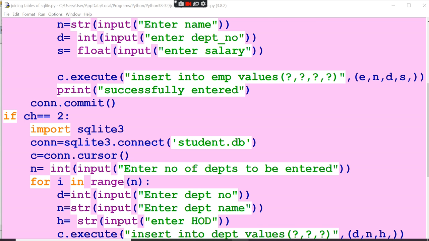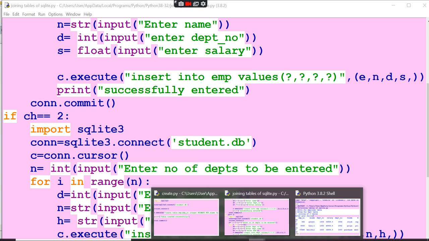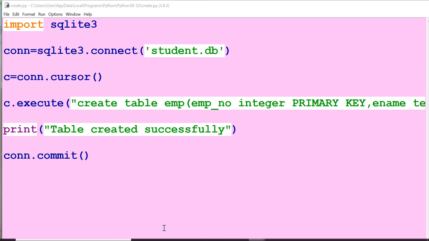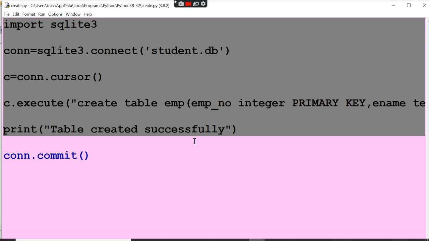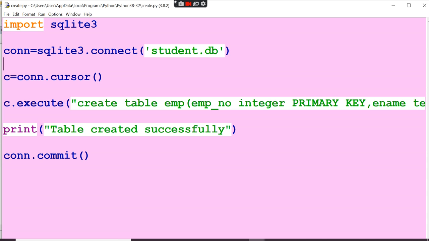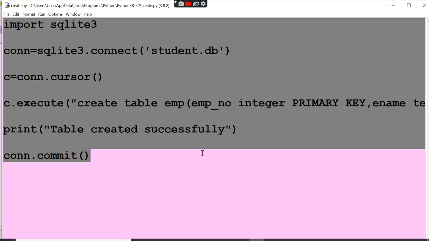You have to go to Python ideally and create a table. Give three things. First, you have to create a table, right? Second, you have to insert table contents. Third, you have to join two tables. So first, how to create a table. See here, this is the query to create a table.